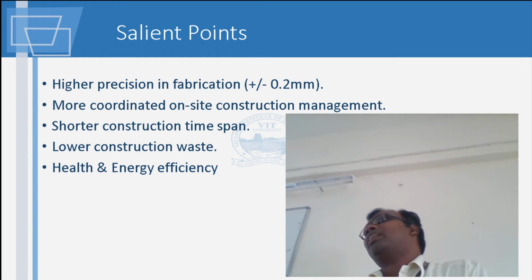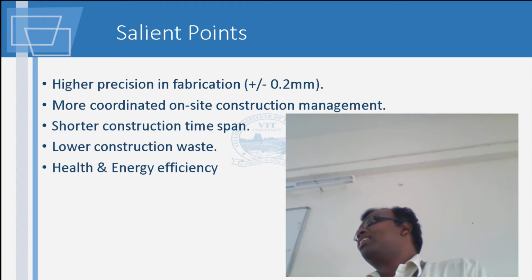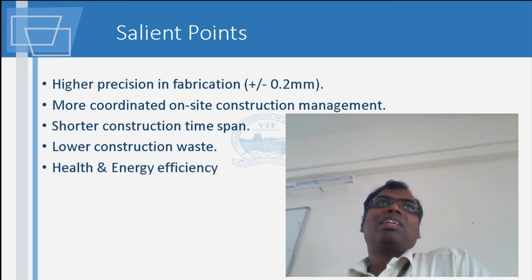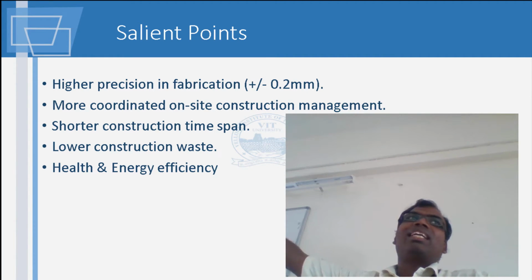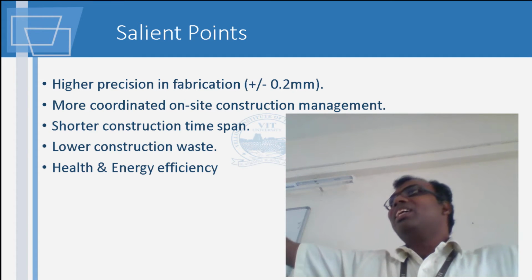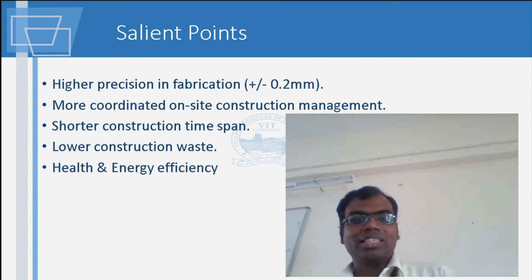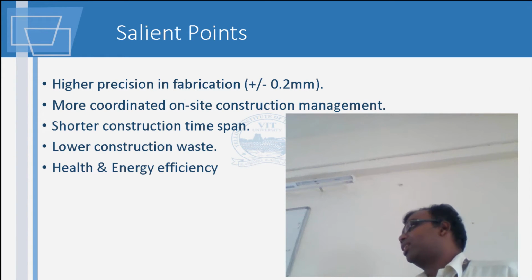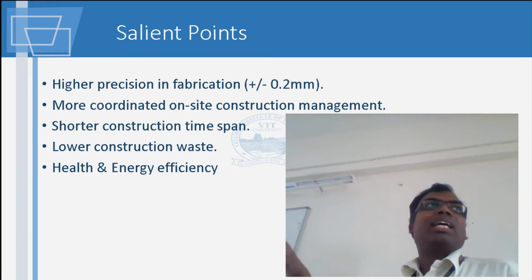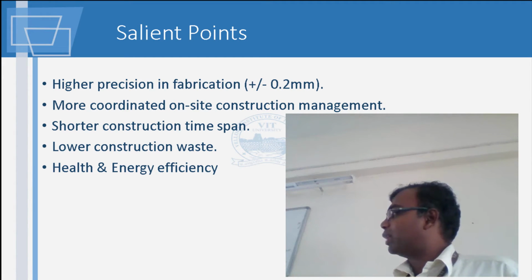If you look at the coefficient of thermal expansion, what is it? It's a ratio that gives the change in length for a given temperature rise. For delta T, it will give you delta L. Look at that and look at the length, and you will find that delta L will be much higher than this 0.2, but in spite of that, they managed this 0.2 millimeters. So there is a lot of coordination which is required. People have to know what is coming where and what is to be done when. Construction span, yes, the time was very short.